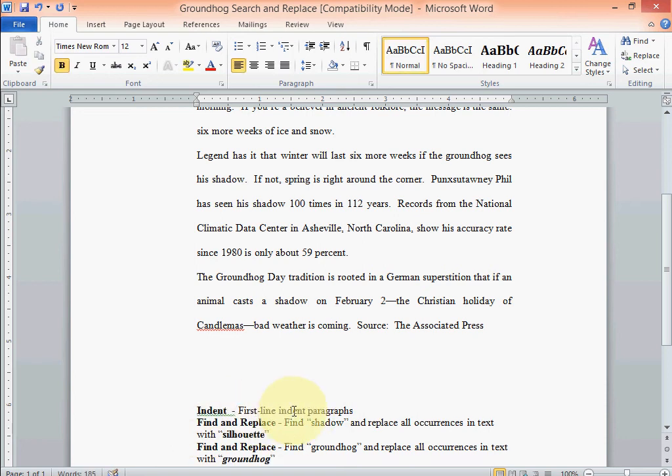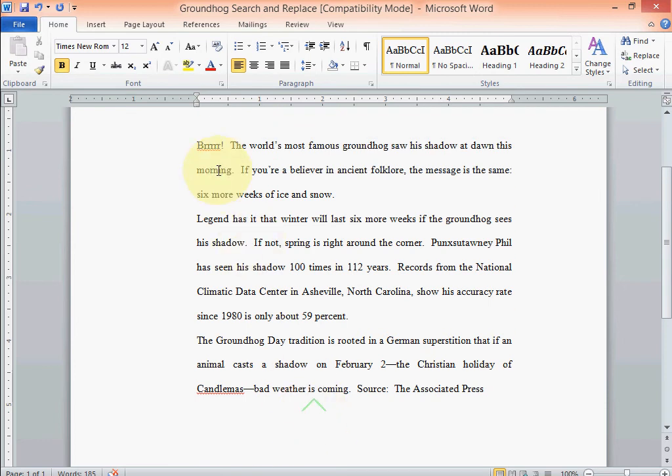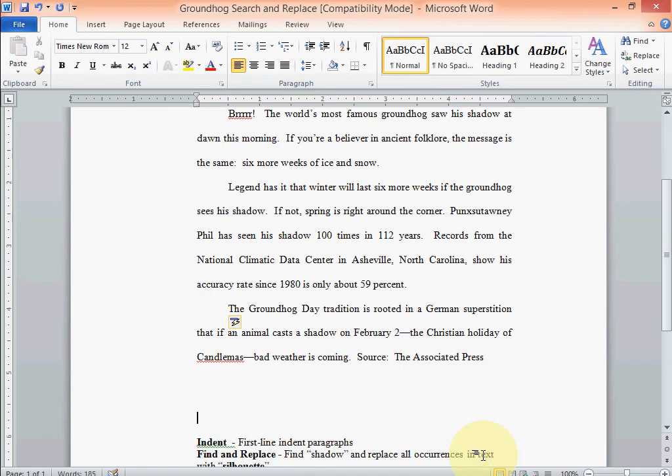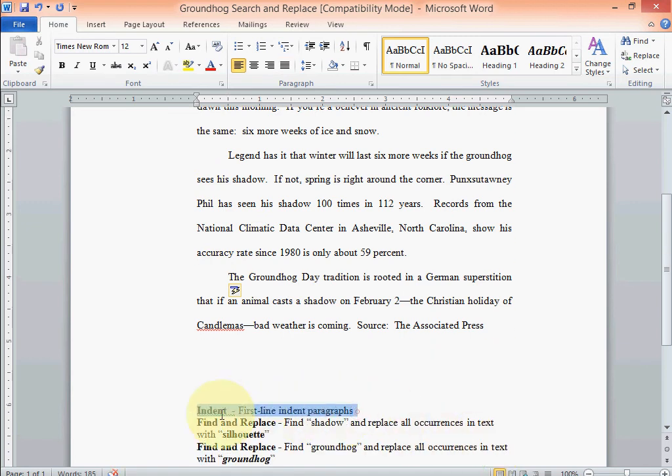Okay, first line indent on the paragraphs. So here's one paragraph, so first line indent. Legend starts the next one, and the Groundhog Day starts the next one. There we go. So now we can delete this